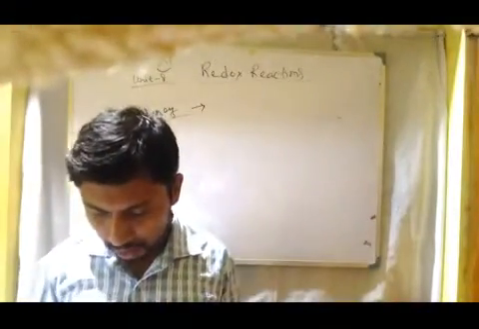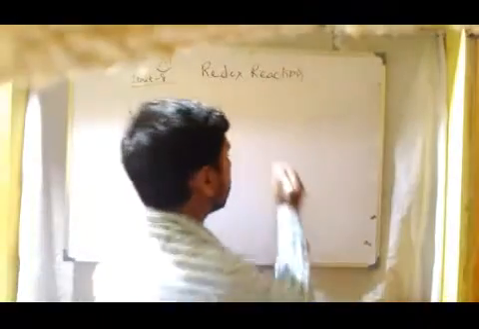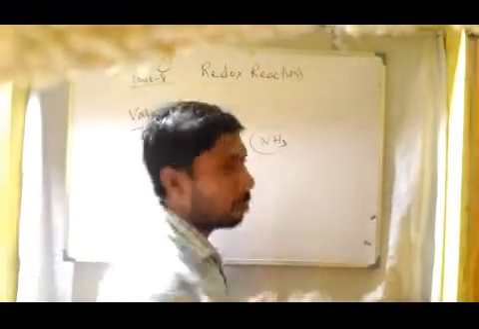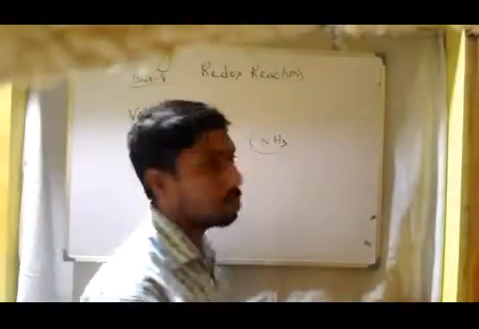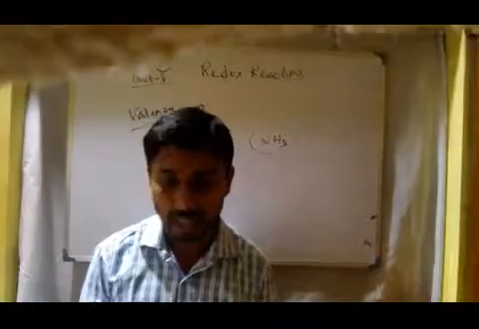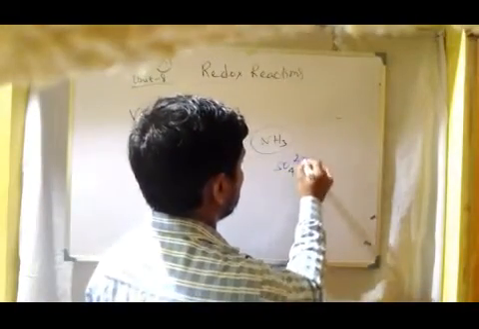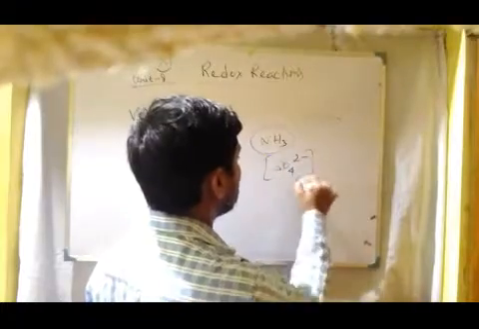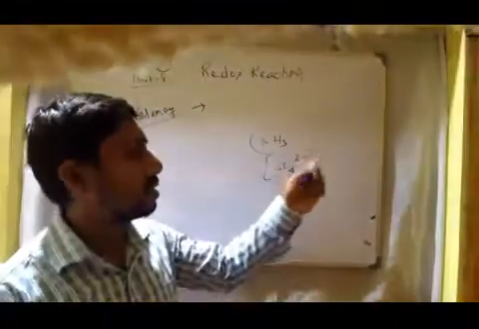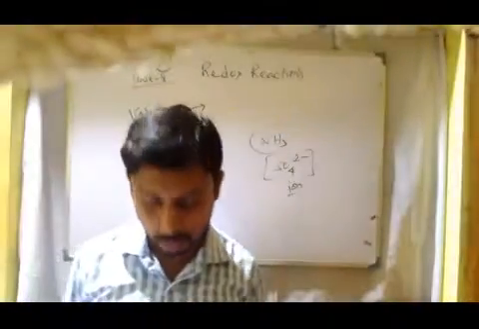Now coming to the next section, that is the molecule. A molecule itself has no charge, because it is neutralized by the other species. But if there is a charged species, for example SO4 2-, it is an ion. In that case the valency of the sulfate is equal to 2 minus, that is -2.